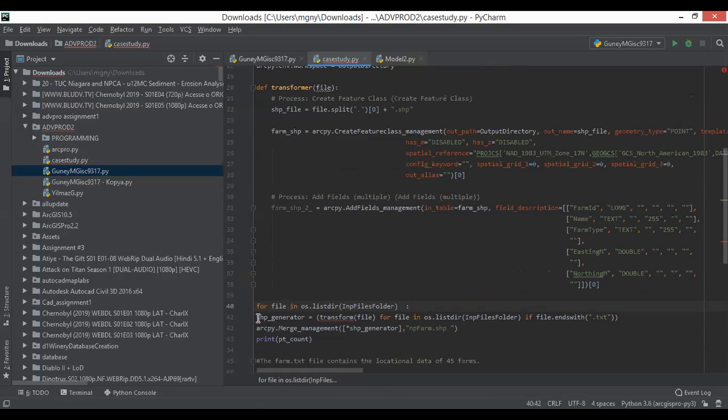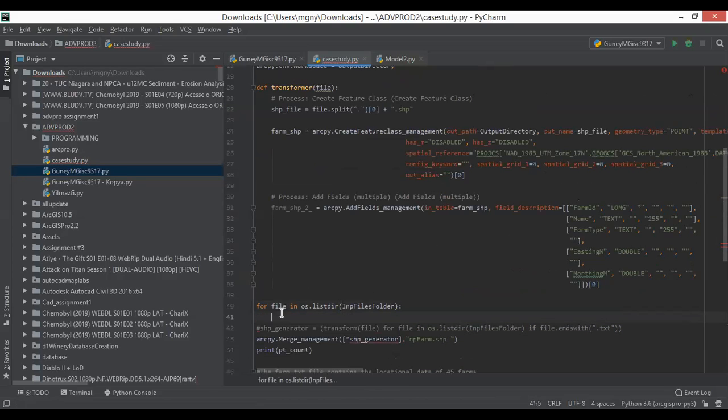By the way, I'm gonna hide this so you will be able to understand what it is. For each file in my input folder, if file ends with, it's literally English, ends with .txt,